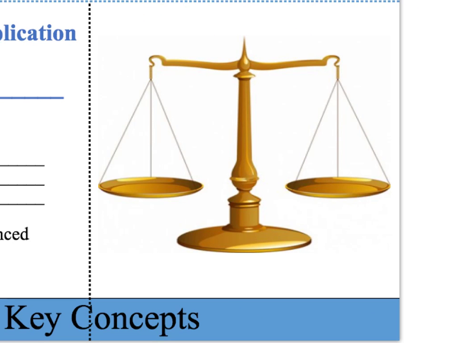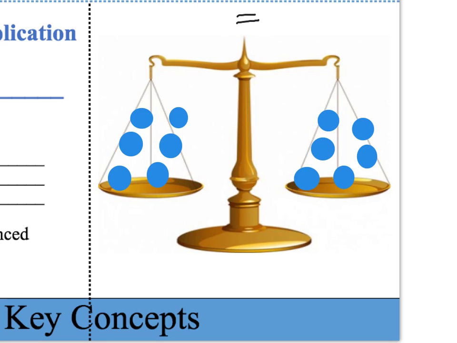So speaking of balancing equations, let's look at this scale and pretend like we're going to keep it balanced. The center will be our equal sign, or we call it the fulcrum. And in order to keep it balanced, we want to make sure that both sides are equal. So we're going to assume that each circle is the same size. And I'm going to say that this scale is balanced because we have 6 circles